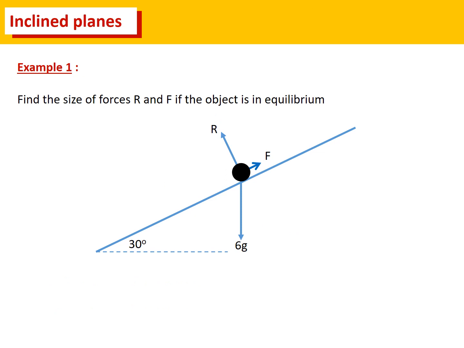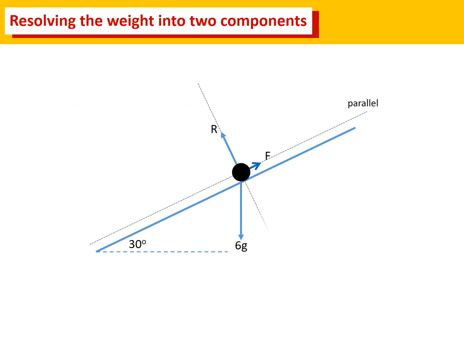So here's our example of trying to find the size of forces R and F if the object is in equilibrium. So we wish to resolve the weight component into its two components parallel and perpendicular to the incline. That's 30 degrees, so that will be 6g sine 30. Remember, sine down the incline if that helps. Into the plane, that will be 6g cos 30,